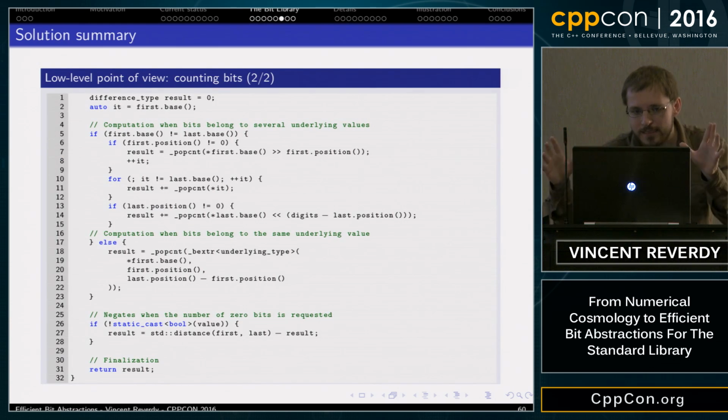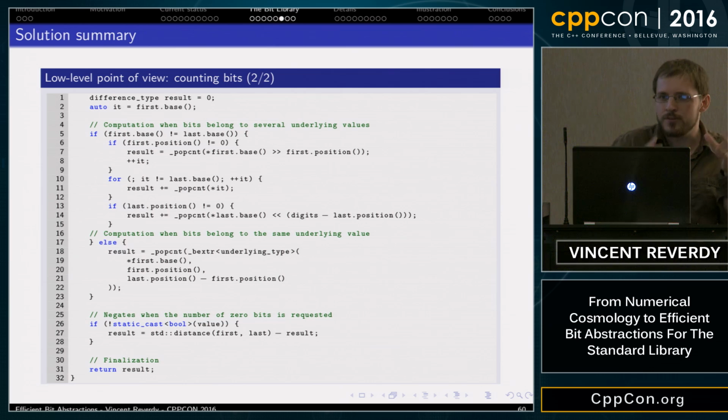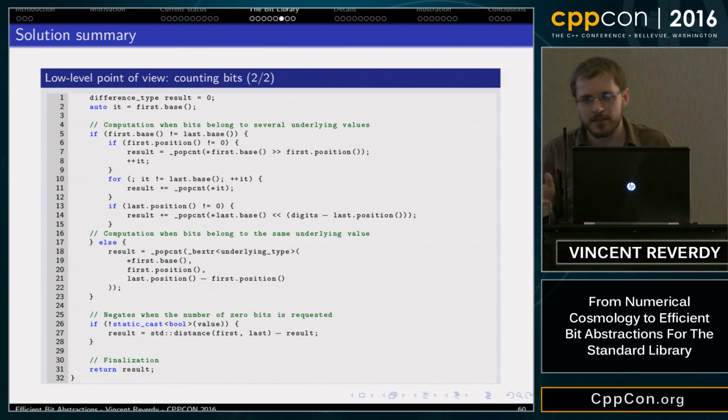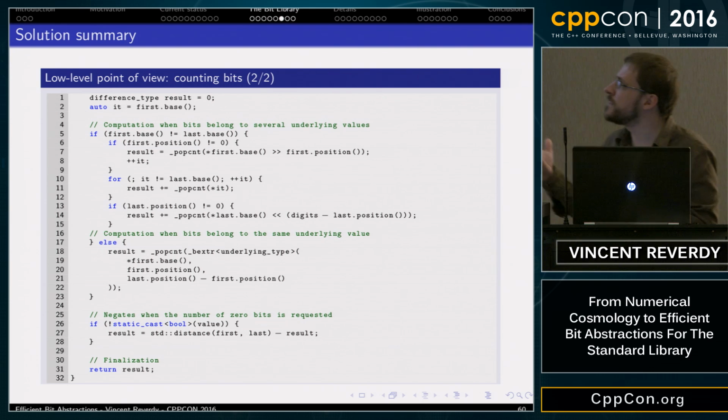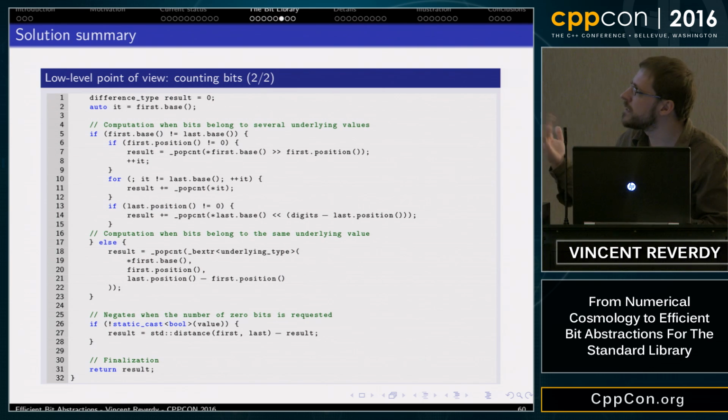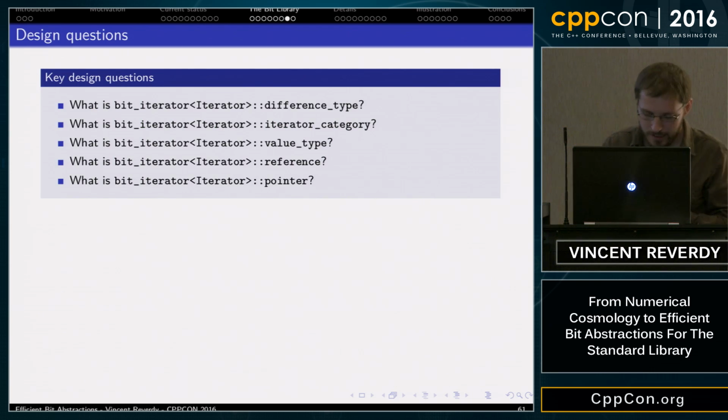And so with bit iterator, it's easy to manipulate from the user point of view because you simply declare your bit iterators as an iterator adapter. But it also gives a standardized interface to access the underlying sequence. But there are key design questions. Because it's an iterator, we need to answer the following question.